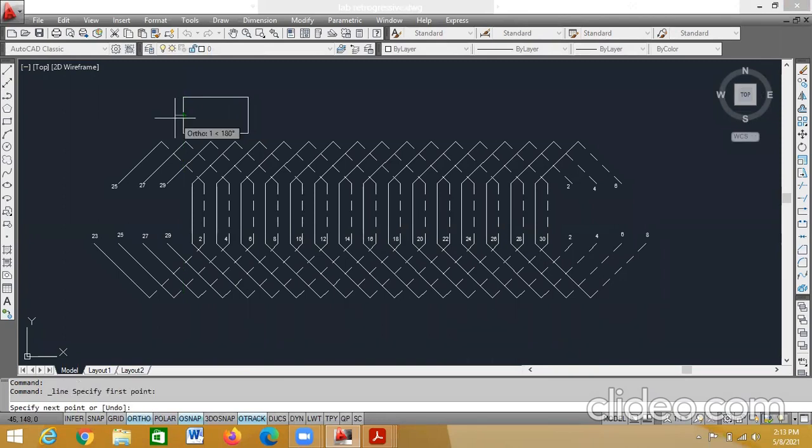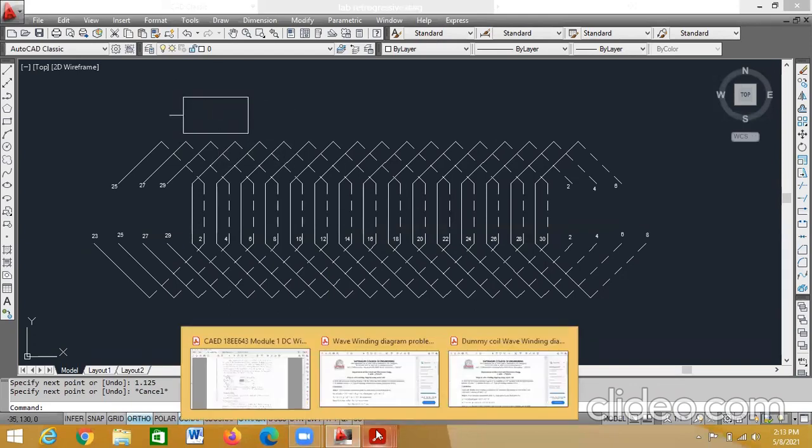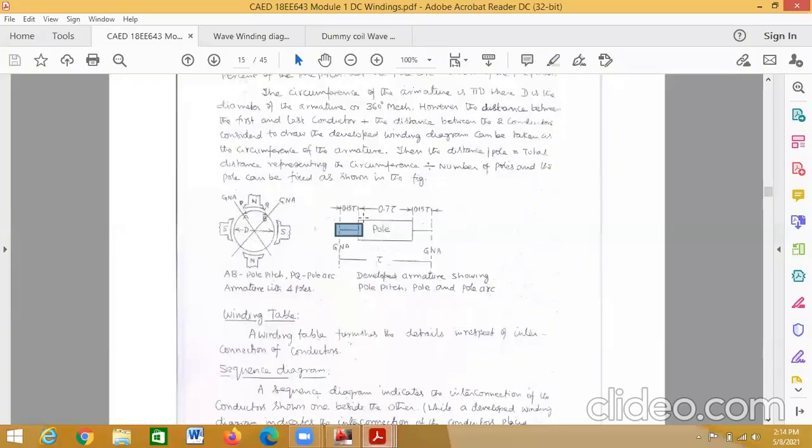Click on this, move the mouse towards the left side. Next point, what is the distance? 1.125. Press enter, then enter again or escape. So now I have drawn this portion. This is the pole, and this is 1.125. These are all based on the calculations.